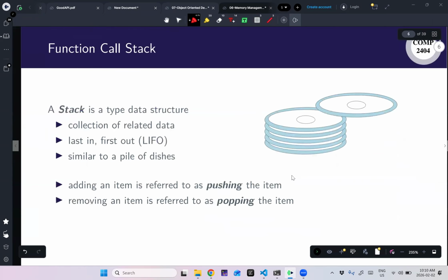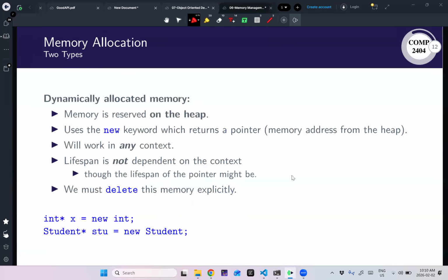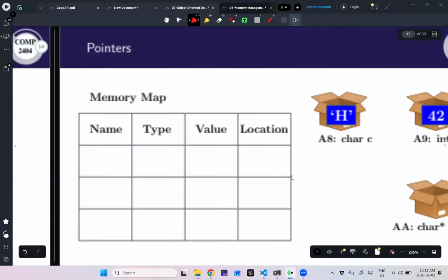And of course, when you're putting stuff on the heap, now we're going to use pointers a lot more, right? Because it's some piece of memory way off out there, and I need to know the address of it because I don't have direct access to it. And so we're going to store those in pointers.